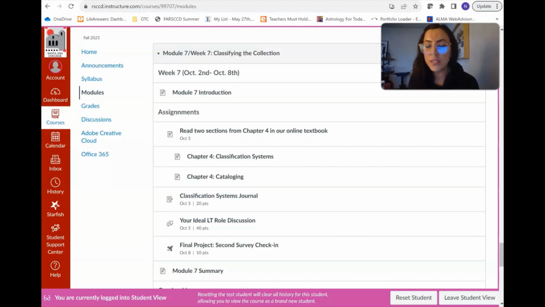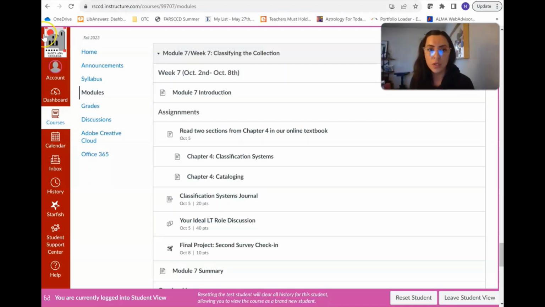Hello everyone, this is going to be a brief video demonstrating how to log in to your LibApps account after you've set up your password. I wanted to make a freestanding video so that you don't have to keep going back to the week 6 video, and you'll see this new video placed in some of the instructions for assignments leading up to the final